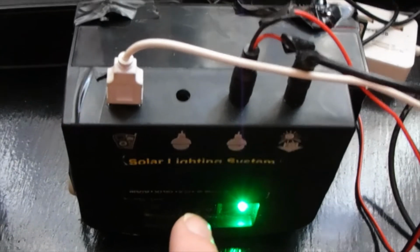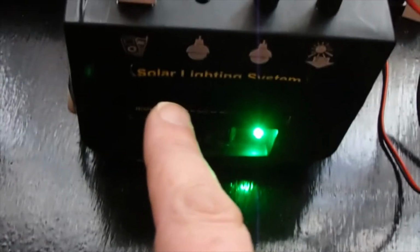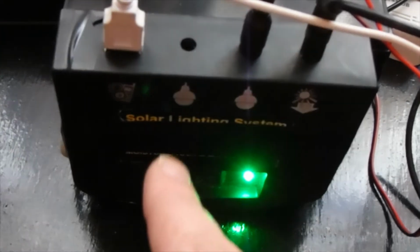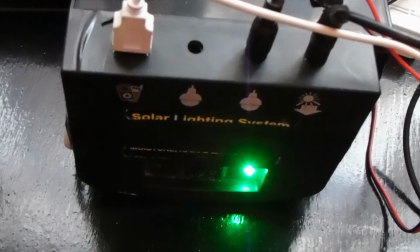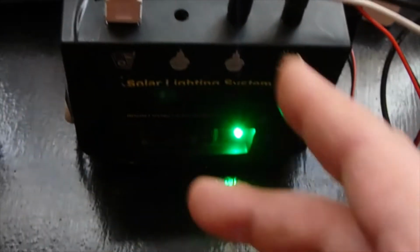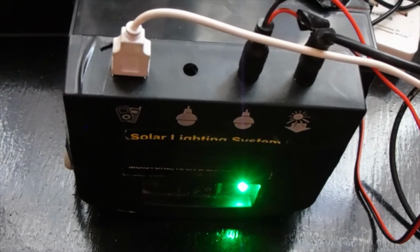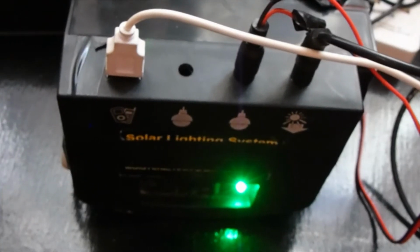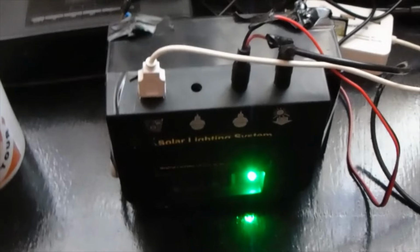So this will be getting rid of, and don't buy these guys. They're just a con. They're cheap, but they're just nasty, yeah? That's why it's called cheap and nasty. And I don't care if you're from the company that sells these. Yeah, put a bigger battery in them, mate, and they'll be better, but then they'll be 3 times, 4 times the cost. And this is why I build stuff of my own to go out camping with and stuff, because not everybody can afford $500-600 on a generator, you know, on a solar powered generator. Well, I can't anyway. Maybe a lot of other people can, but I can't,